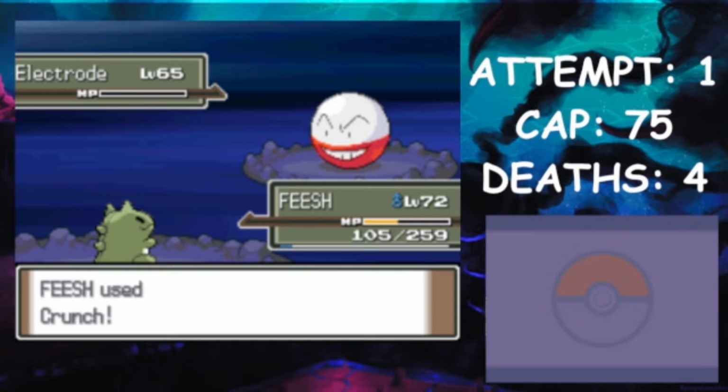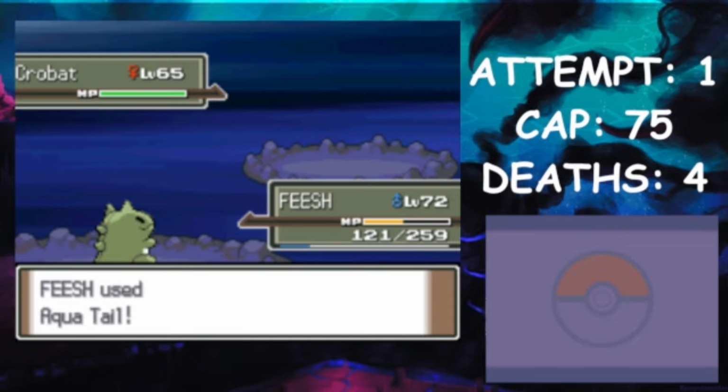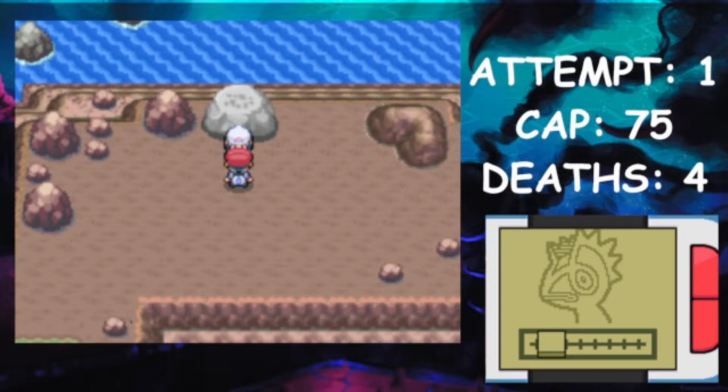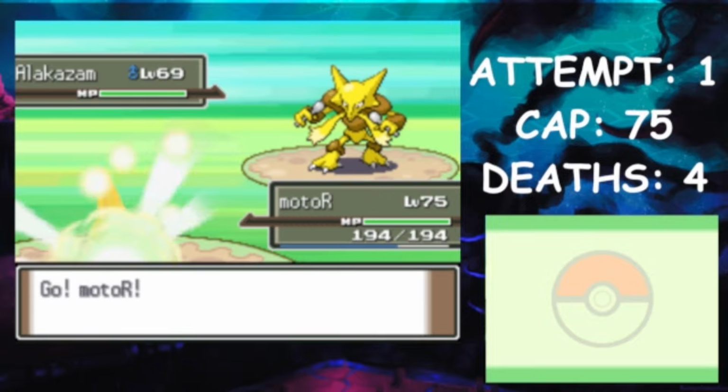Electro with a one-shot from Crunch, getting us into his 4th Pokemon now, which is Crobat. Crobat, take this down with a one-shot from Aqua Tail, and then lastly we got Sceptile, who's also another one-shot to Crunch. We take this down and we defeat Marley, escorting him all the way through the rest of Victory Road before we get into Route 224 and have to go get into our final battle of the run against